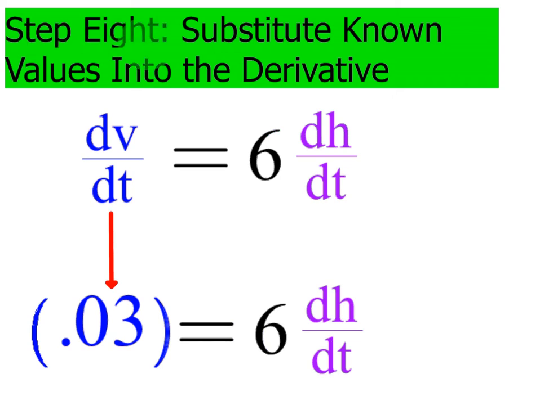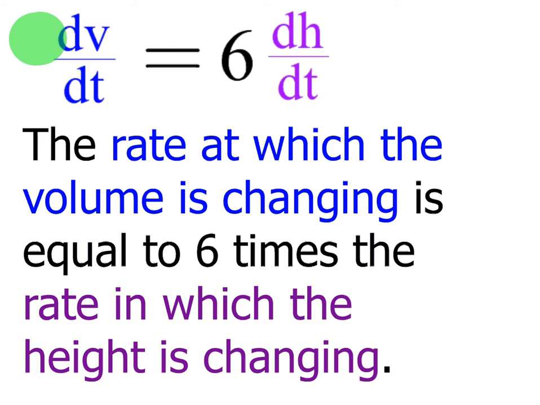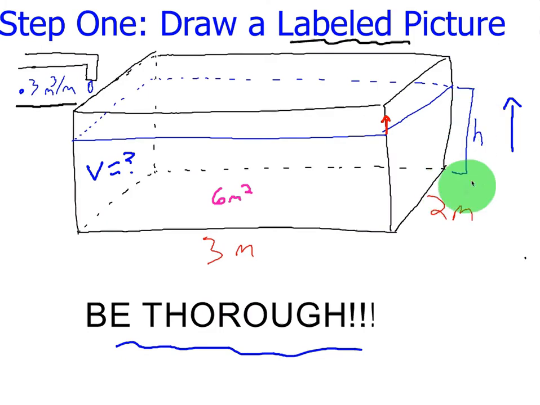This leads us to step 8, which is to substitute known values into the derivative. So here's where we left off. I'm on step 7, dV/dt equals 6 dH/dt. Again, we're looking at example 1. What that means is the rate at which the volume is increasing is 6 times the rate at which the height is increasing. So if you look at this picture we drew, you can see the spout coming into the